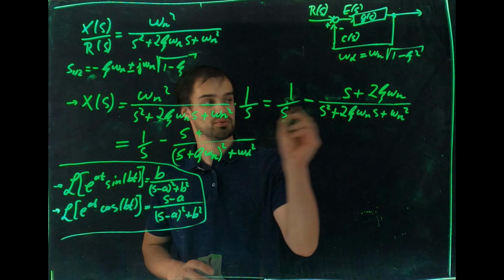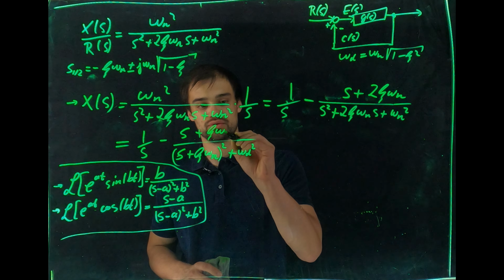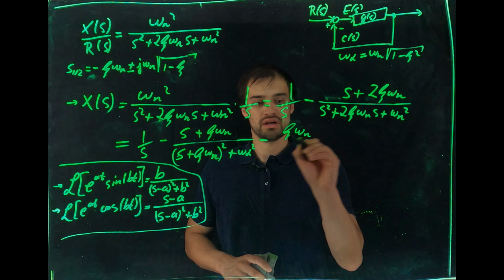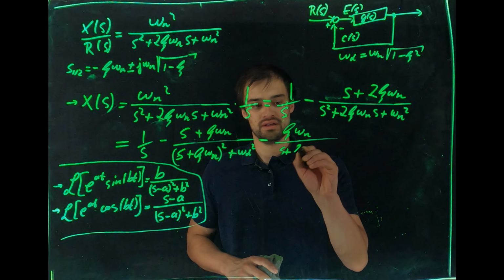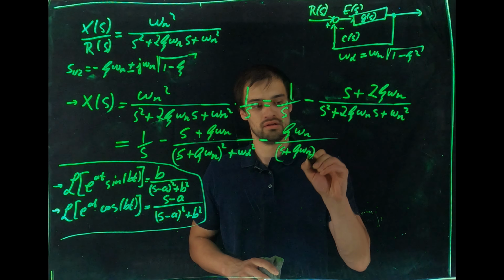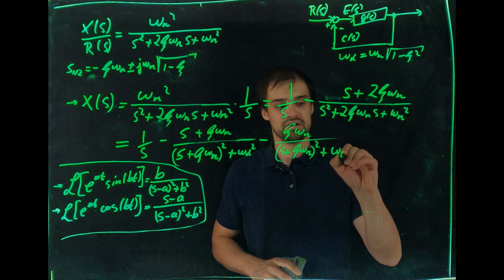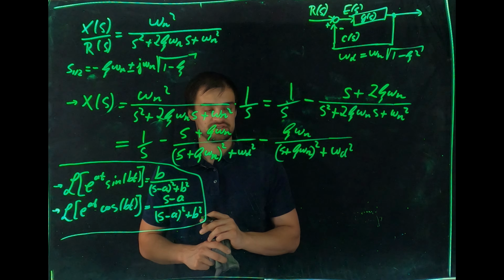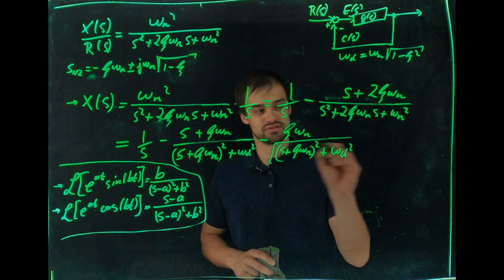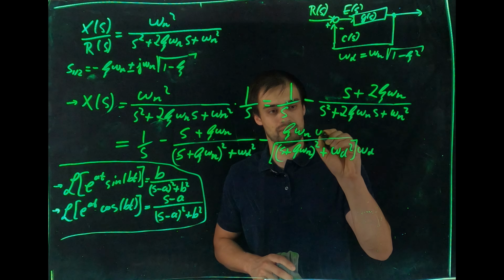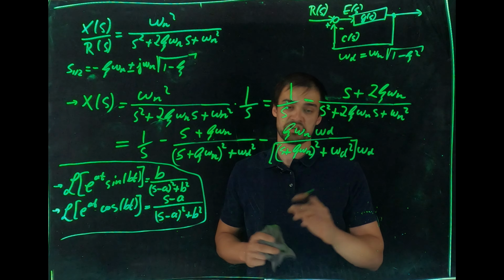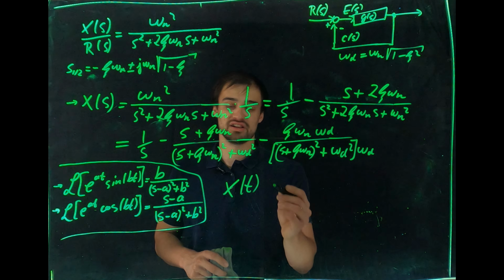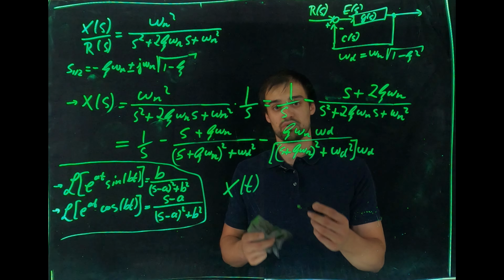One stays with the s plus zeta omega_n, and the other one we write separately as zeta omega_n over (s plus zeta omega_n) squared plus omega_d squared. All right, now what I want to do next is I need another omega_d in here. So I'm extending this term by omega_d. I can do that. Okay, and now the x(t), finally, the unit step response of a second order system can be written out by applying the inverse Laplace transform